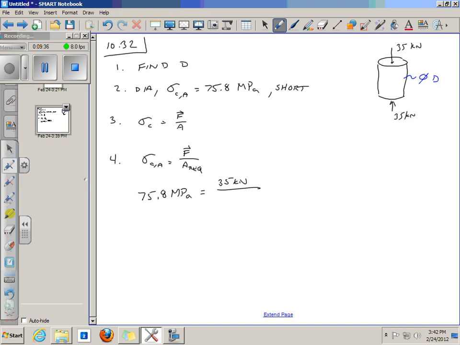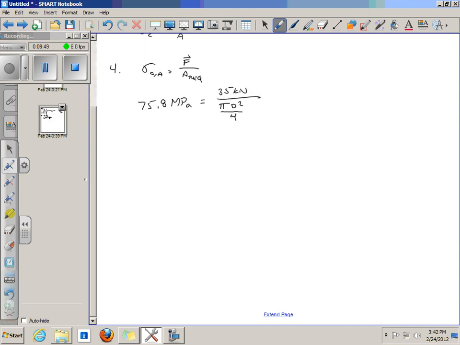Well, it's circular, so the area is pi times d squared over 4. Great. The only unknown is d, the diameter. So if I rearrange this equation, if I bring the d squared up and bring the 75.8 megapascals down, I get